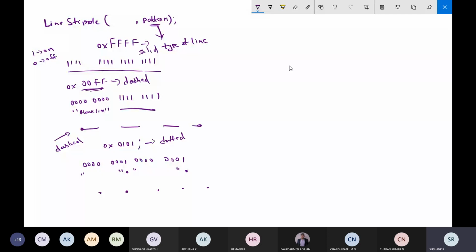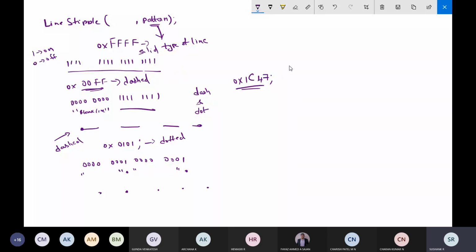And if you want the combination of dash and dot, you can give the value as 0x1C47. These are the constants which are taken from the internet. You can check this if someone has installed the software, or once I'm running the software, I'll show this. Is this point clear?